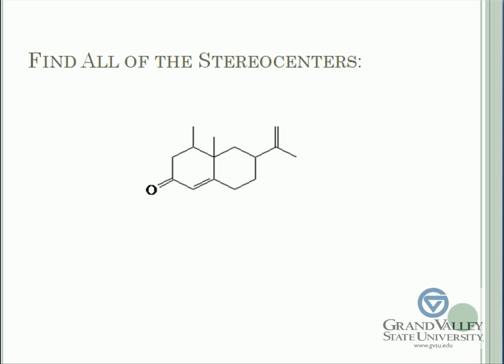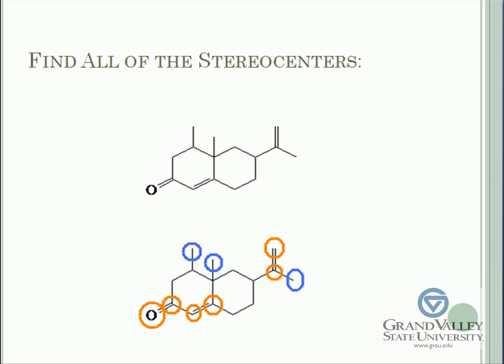Welcome back. Remember, when looking for stereocenters, we are looking for atoms with 4 different substituent groups. So all of the carbons that are double bonded cannot be stereocenters because they are bonded twice to the same thing. All of the methyl groups bonded to the structure cannot be stereocenters because they are bonded to 3 hydrogen